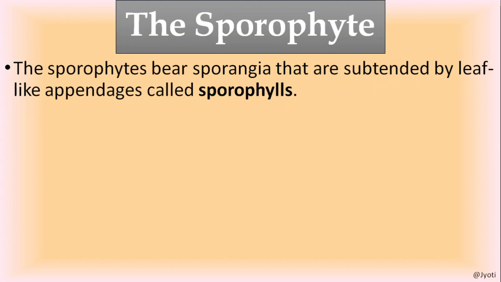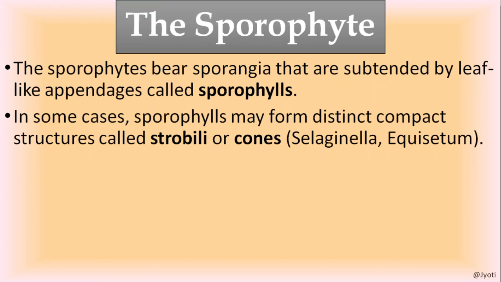I will show you the picture so that it will be clear to you. So just below the leaf, I mean the under surface of the leaf, the sporangia are present. And such leaves which contain the sporangia are called sporophylls. Very, very important. In some cases, the sporophyll may form a distinct compact structure, as I have shown you in